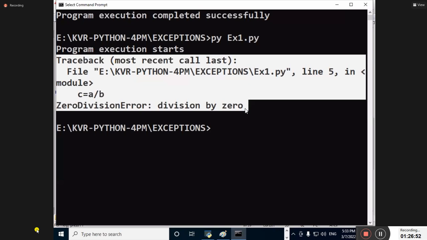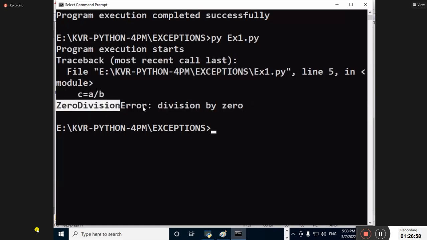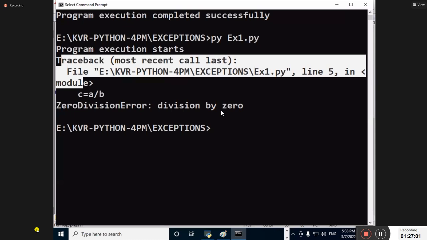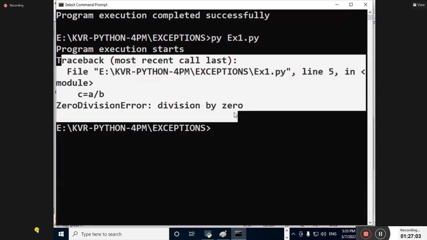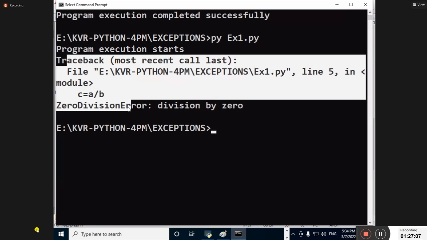Oh, I entered 0 for denominator. Anything by 0 is called infinity. In Python mathematics, it is called which error? And this is giving some message that only Python knows. I am a Python programmer. I can convert Python technical error messages into what? Small, plain old English messages I will convert, which are known as user-friendly error messages we can call.